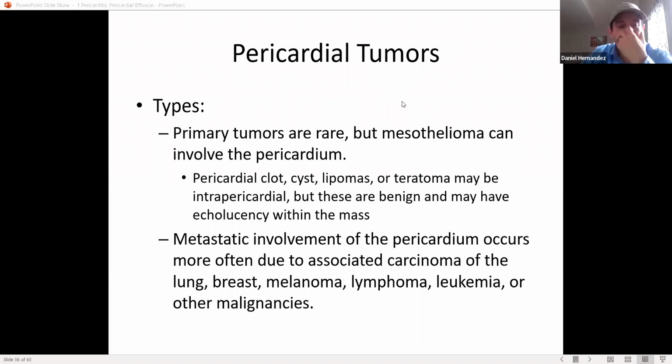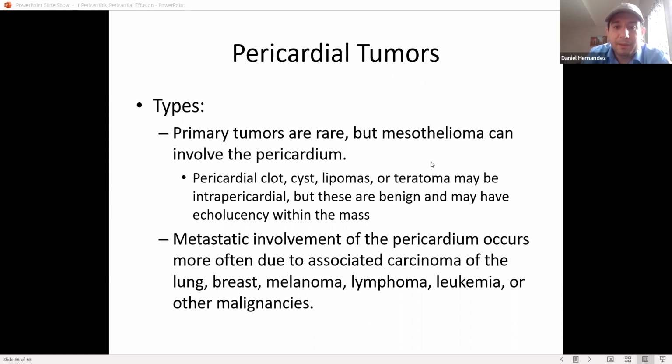Pericardial tumors. So again, primary tumors are rare. We're going to learn in the coming weeks that the majority of primary cardiac tumors are going to be rare. So if we encounter a tumor in the heart, more likely than not, it's a metastasis. If it is a primary cardiac tumor,